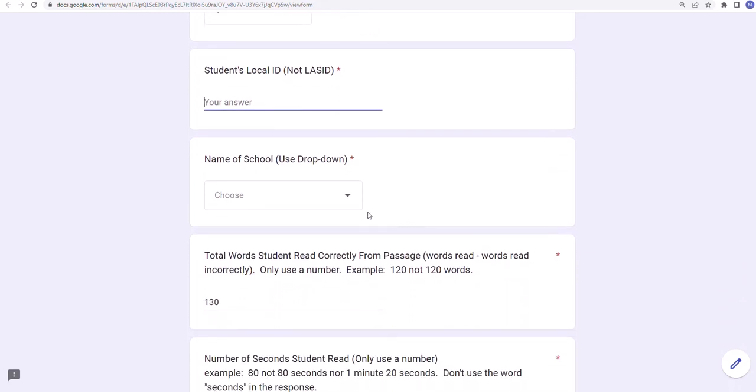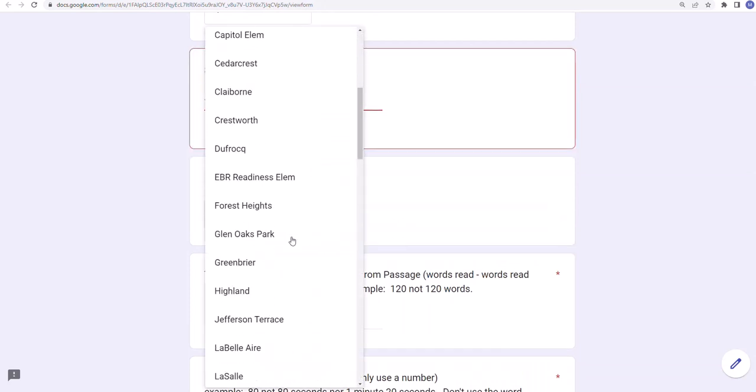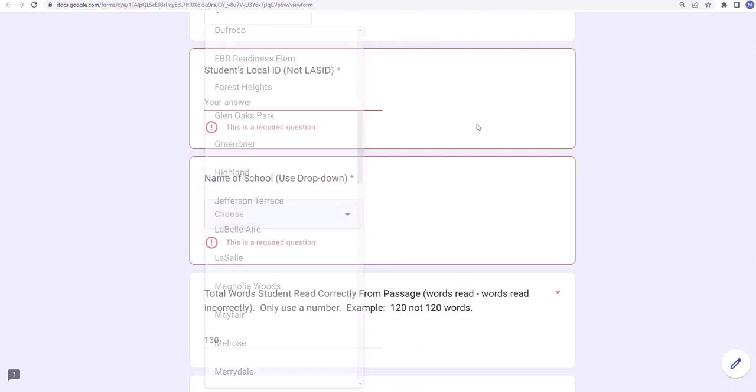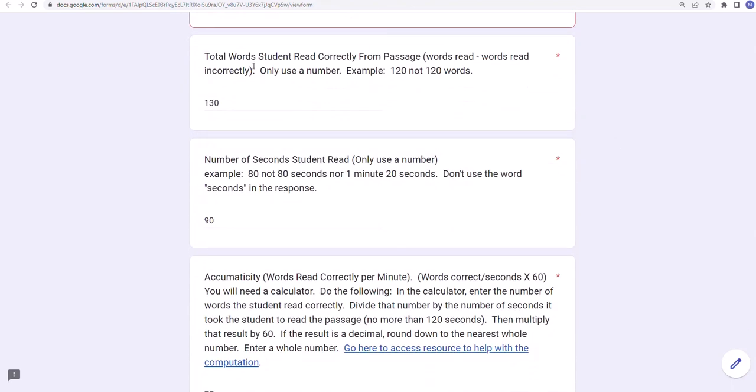Then you're going to name the school. It's your drop down, so you're going to find your school. The next thing you're going to do is indicate the total words the student read correctly. So remember, to do that, you're going to go to